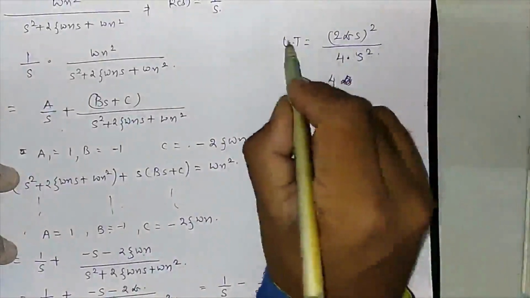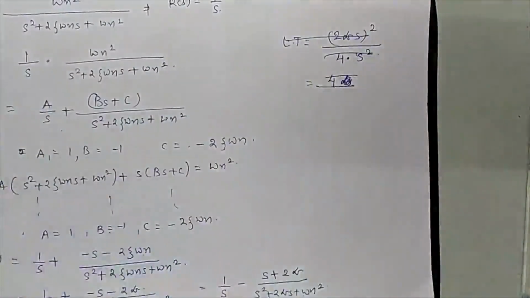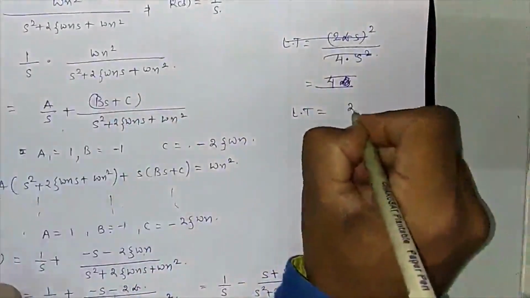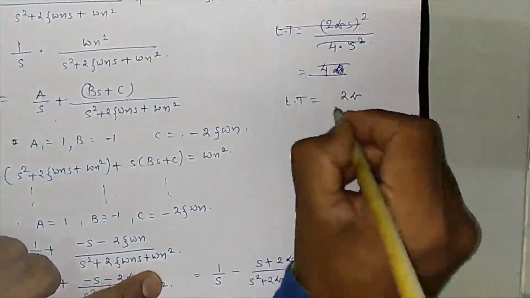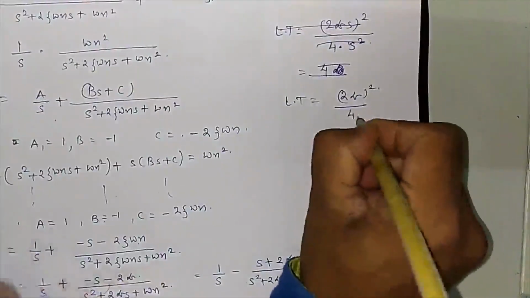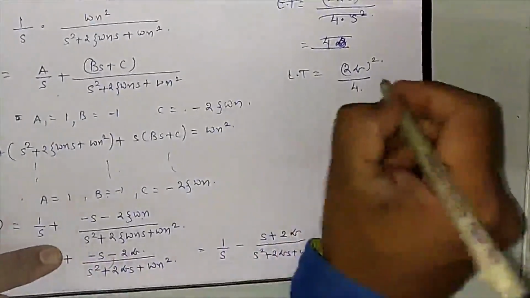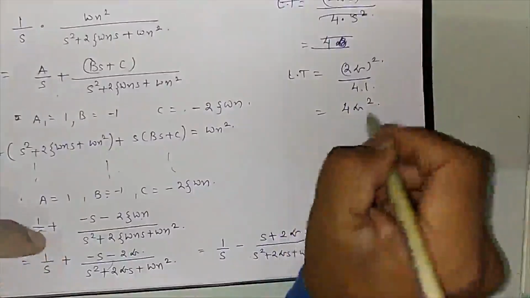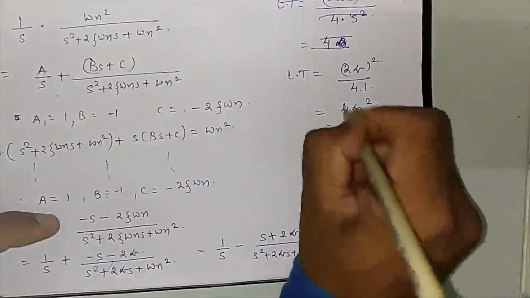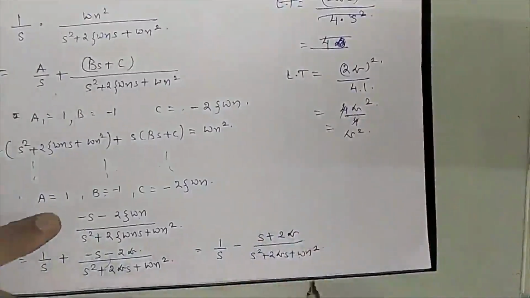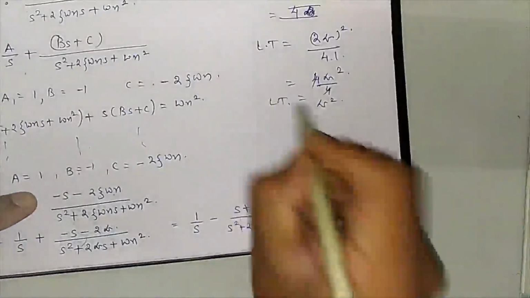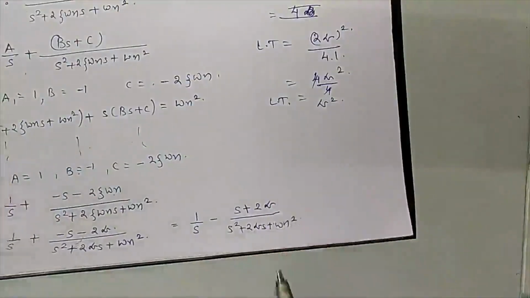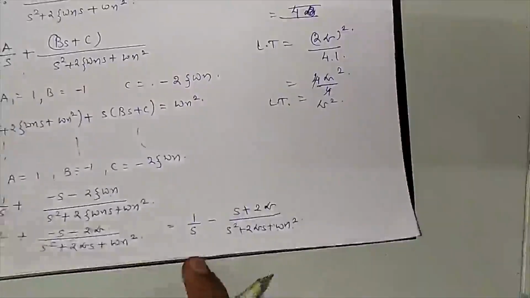Just a mistake, last term is equal to middle term whole square, so it will be 2 alpha whole square divided by 4 into first term. First term is nothing but 1 only, so it will be 4 alpha square divided by 4, so it will be alpha square. Okay, so I will put the last term over here. If I am adding it, I need to subtract it, because it is not there in the original equation. So I am writing it over here again.